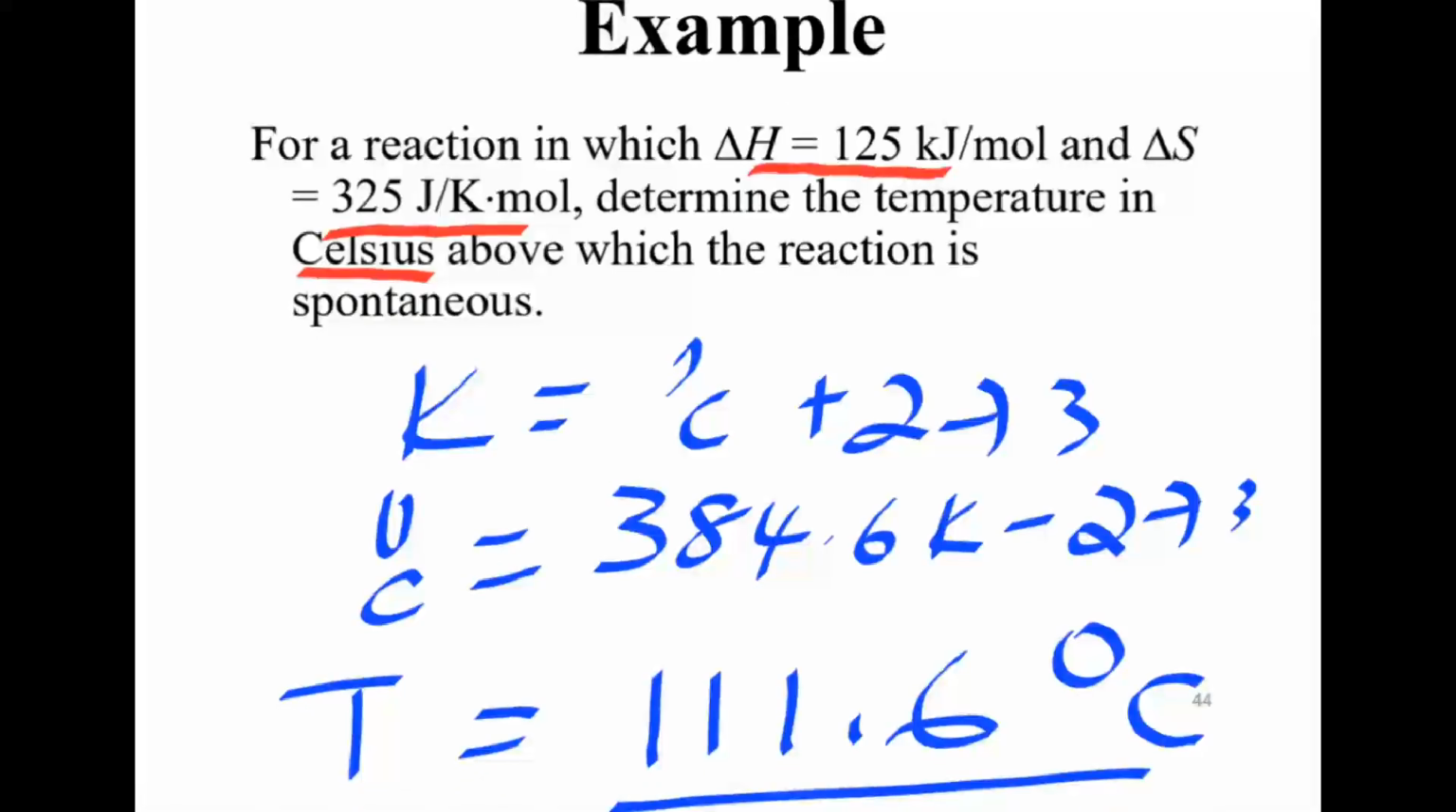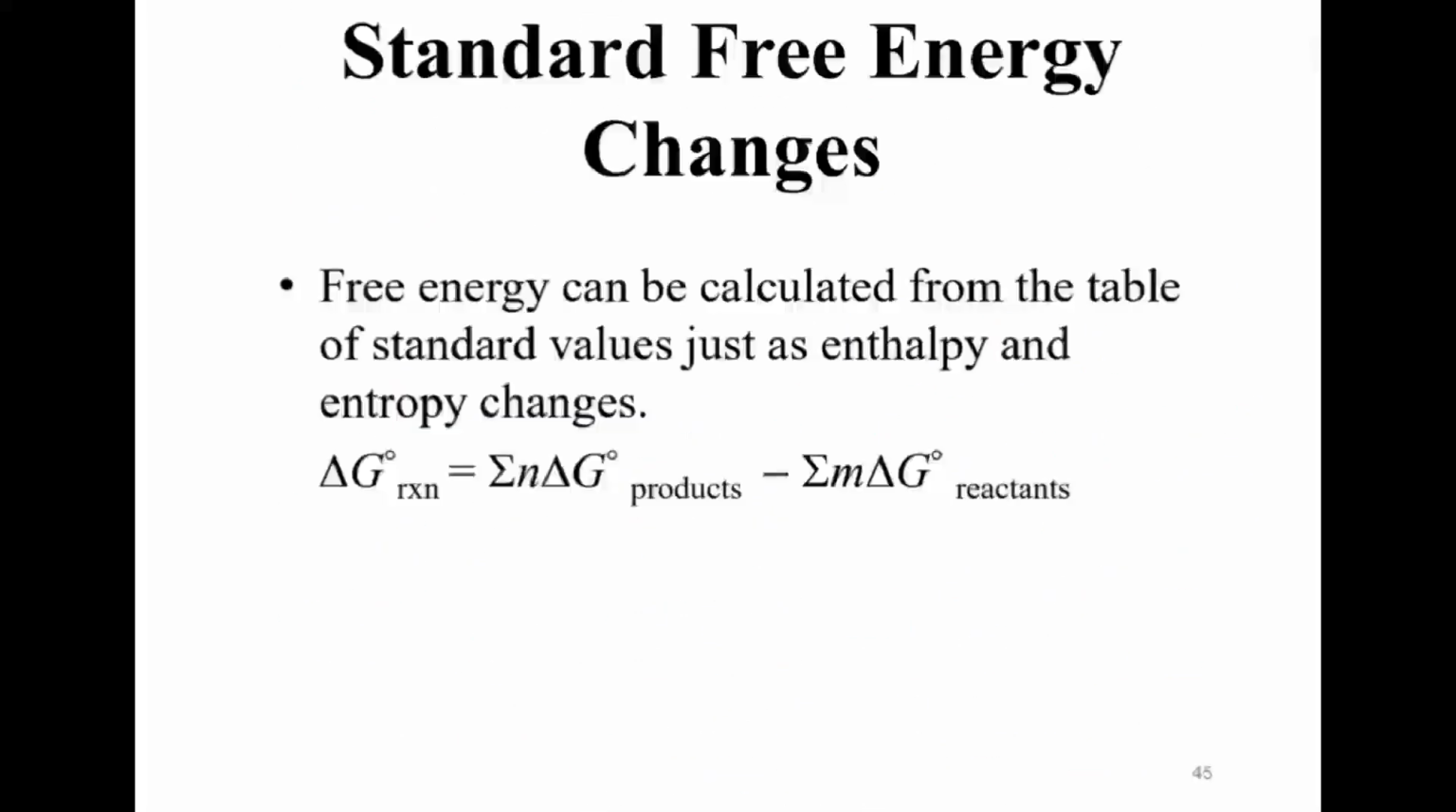And so this is the temperature at which the process will be what? At equilibrium. The temperature should be above this temperature for the reaction to be spontaneous, that is, change in Gibbs free energy negative. So standard free energy changes